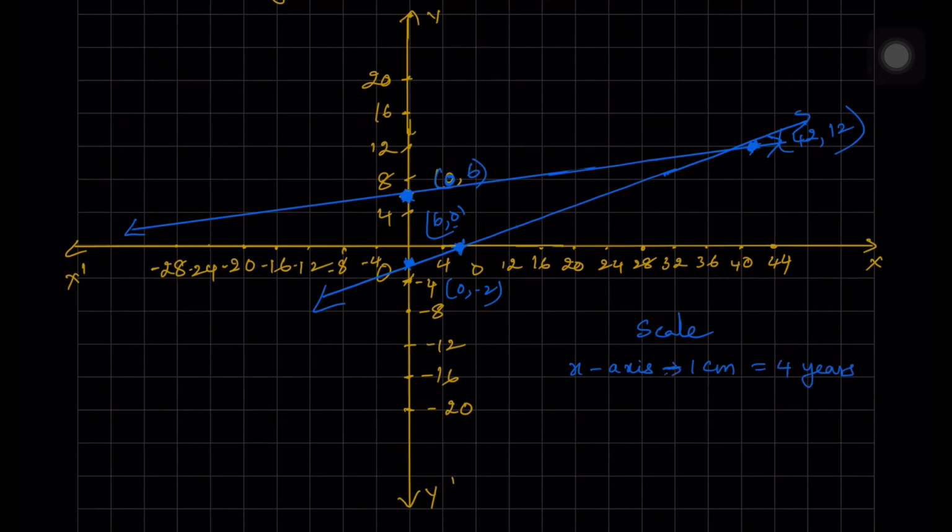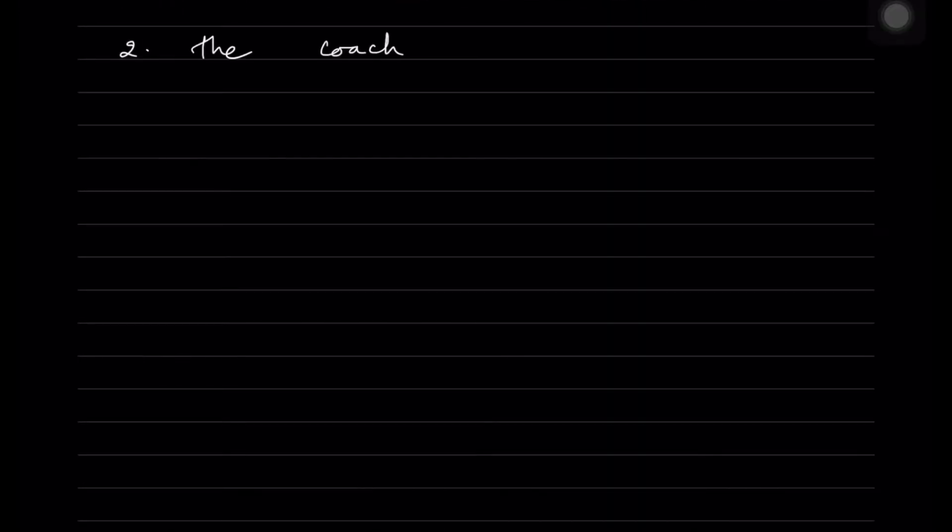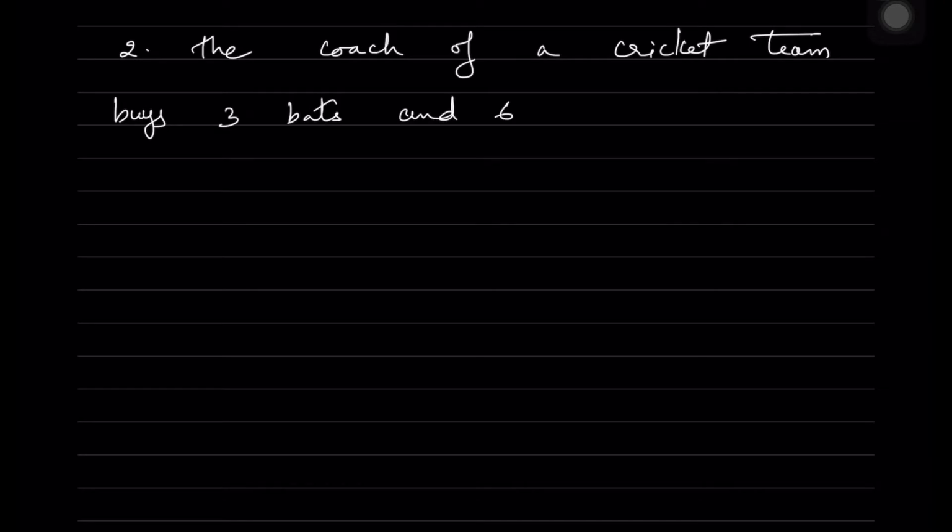The graph is drawn. You have to take different values of x and y. For x is equal to 7y minus 42, we get 0 and 6, 42 and 12. And for the other equation, we can draw the table. You can see 0, minus 2, 6, 0, 42, 12, 18, 4. Now take on the x-axis 4, 8, 12, 16. All the axes we take the same thing. Name them as x, x dash, y, y dash, and plot those points. They are intersecting at the point 42 and 12, both of them. So that is the solution of the given system of linear equations.